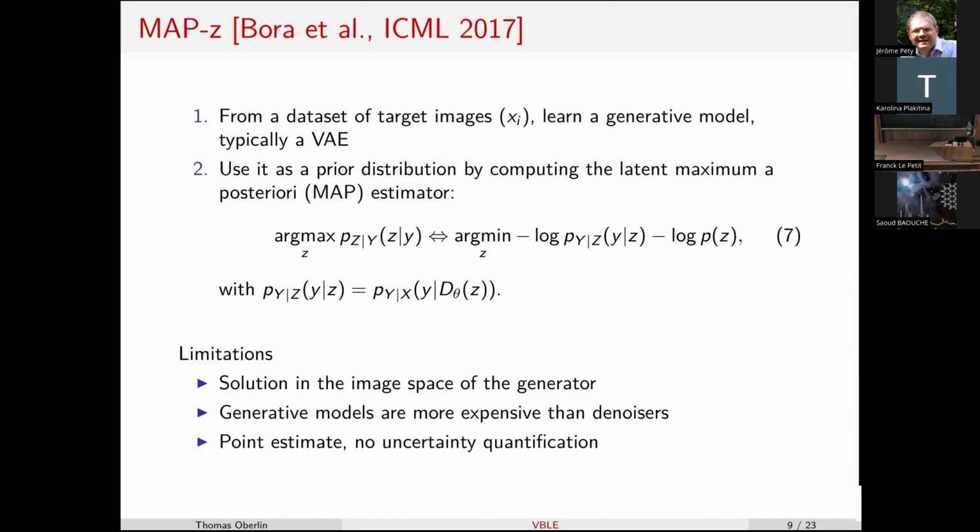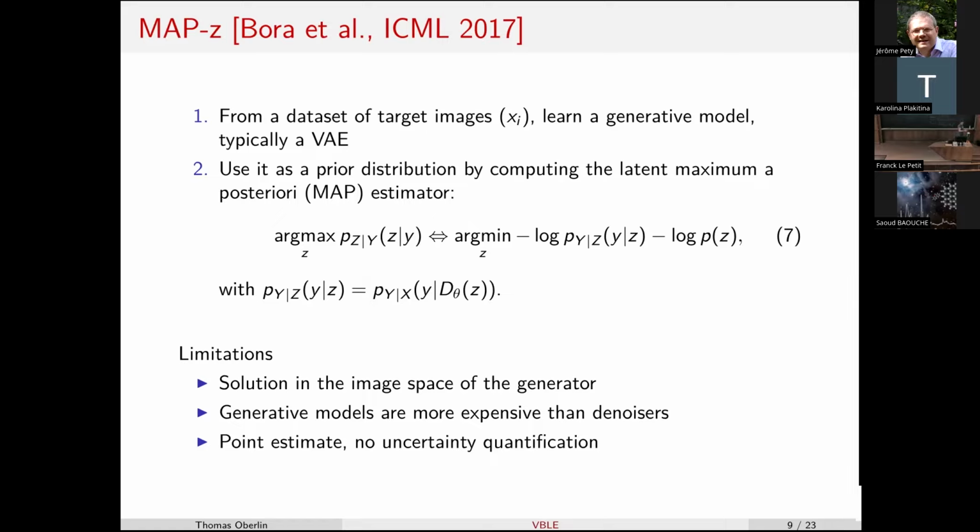You can do this simply by minimizing this term, which is the usual thing, except that the method assumes that the decoder is deterministic. That is, x is exactly the decoding of z.